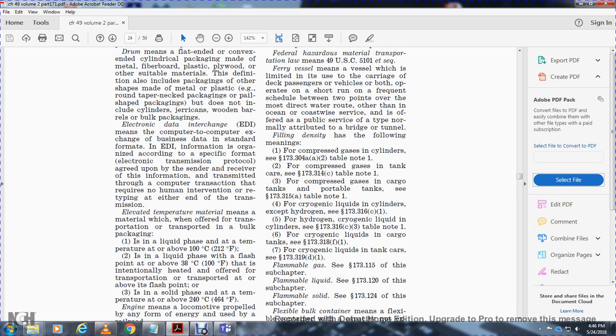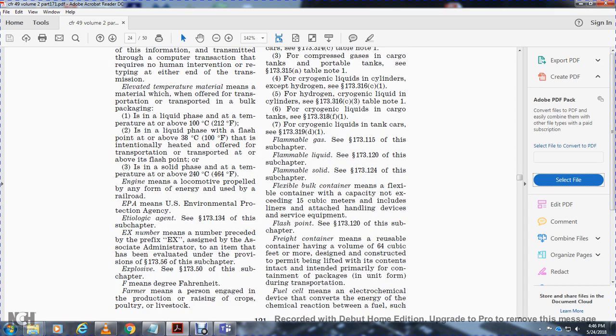flammable solid, 173-124 for the subchapter flexible bulk container, meaning the flexible container with the capacity not exceeding 15 cubic meters, including liner for the attached handling devices that serve the equipment, the flashpoint 173-120 for the subchapter. The freight container means the reusable container having a volume of 64 cubic feet, must be designed with the construction permitted to be lifted within content of the intact, intended primarily for the container and packaging in unit